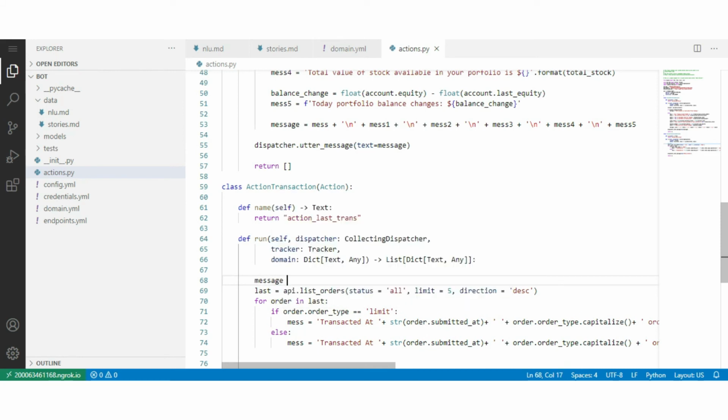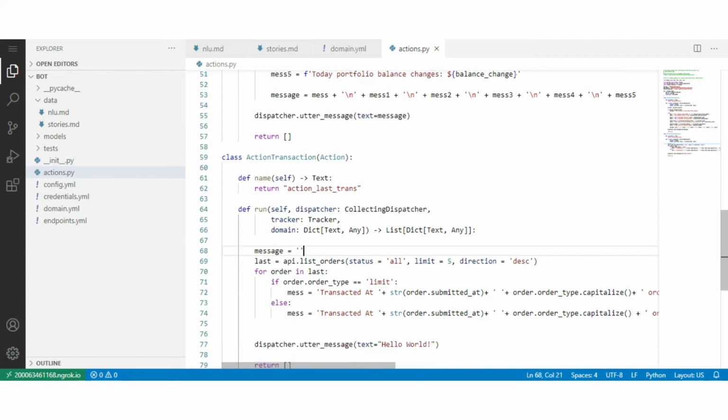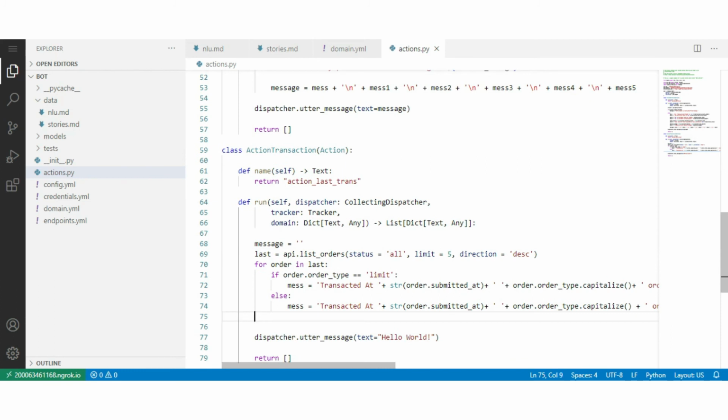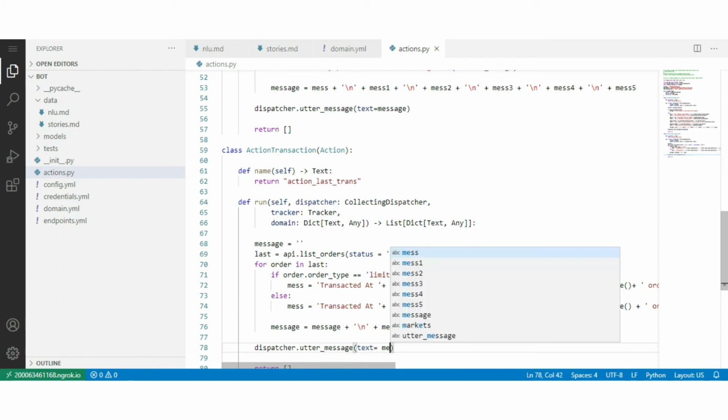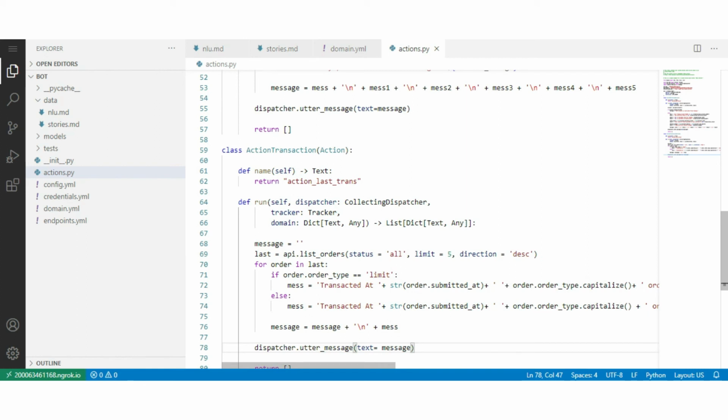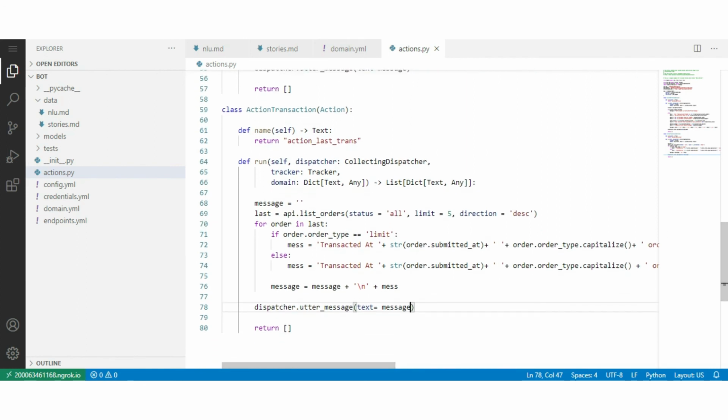Now add this message to the message by new line separation, which iterates over the for loop. And return that message. Now let's add this action in the domain.yml file.